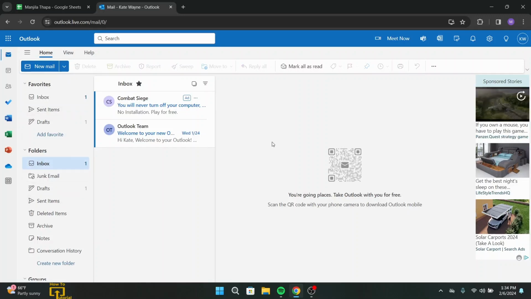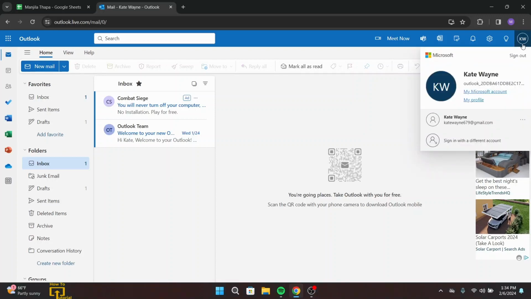Now, if you want to log out of your account at this interface, head over to the upper right corner. There, you will get the initials of your account name. So click on your initials of account name icon. There, a dialog box will pop up. And on the same dialog box, at the upper right corner, there you will get the sign out button. Click over there